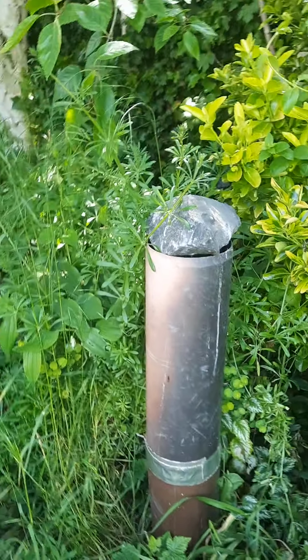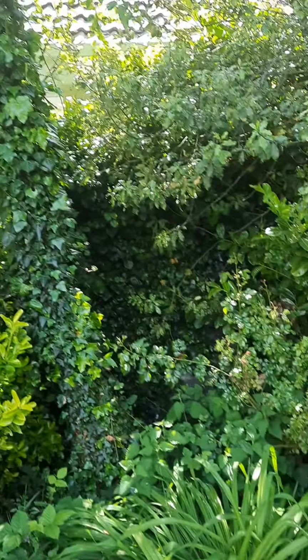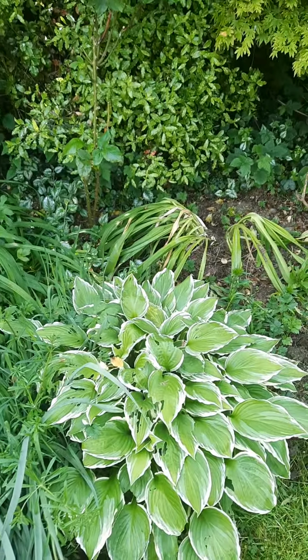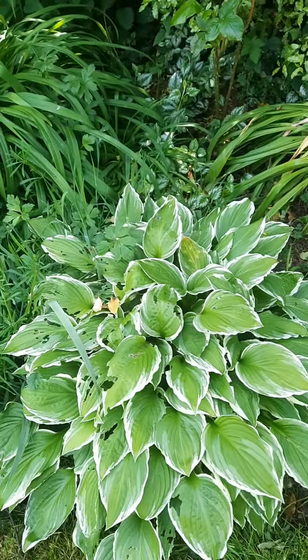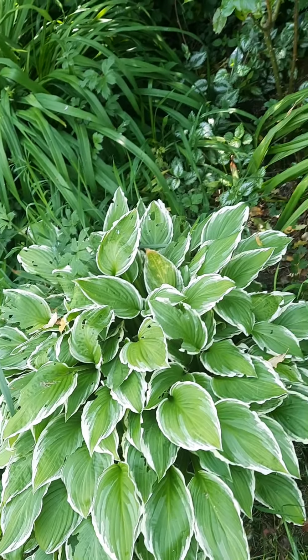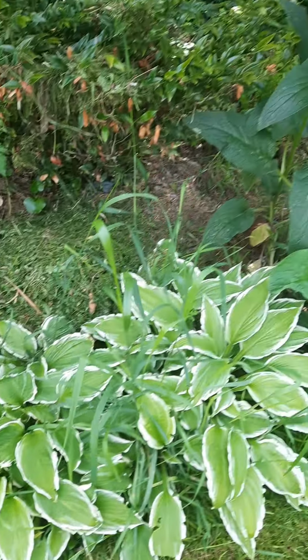So we'll go along this side of the garden quite quickly, because it's the shady side and there isn't much that grows on it. Obviously hostas do well up until when the slugs get them. There's a small one, more. And this